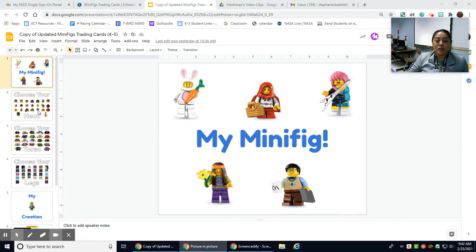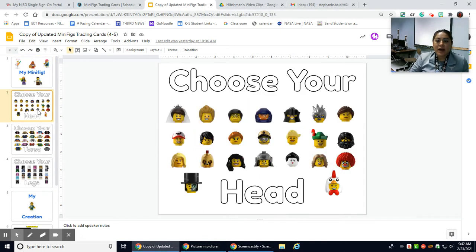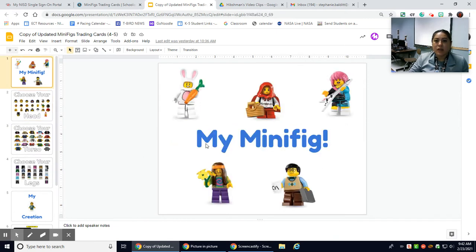Now, in the slides below, you'll see that I do have different types of heads and different bodies and legs, and I'll show you how to put that all together. But first, I kind of wanted to dig into what we are trying to create. So yes, while trying to piece together your Lego person is super important, we want to come up with a backstory for them. So say for instance, I piece together this Lego character here with the bunny, and sure,